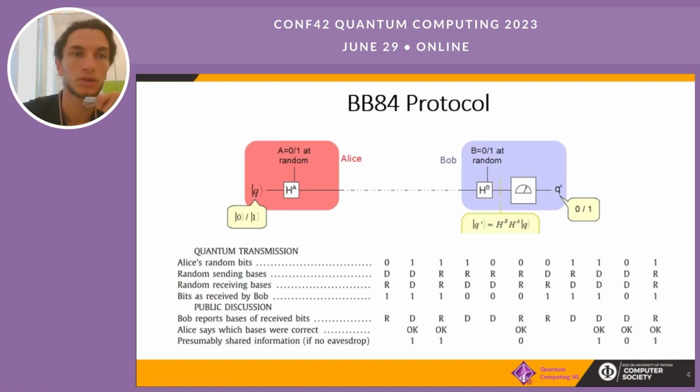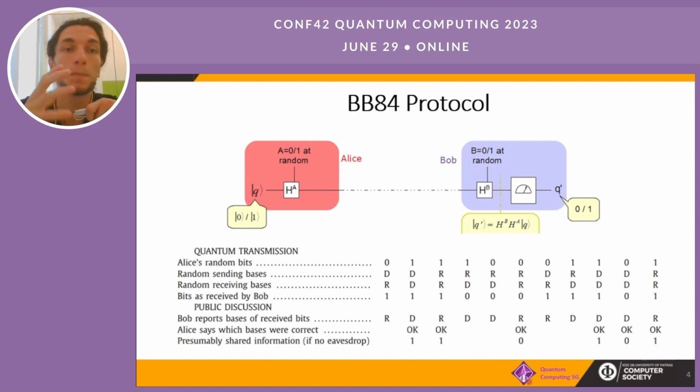Now let's see what exactly is suggested by the protocol. Here you can see the circuit as well as a demonstrative example. We consider two users called Alice and Bob, A and B, and let Alice choose a random bit string and a random sequence of quantum gates, Hadamard's or identity. She then creates a train of qubits, each initialized to one bit of the string and passed through the respective